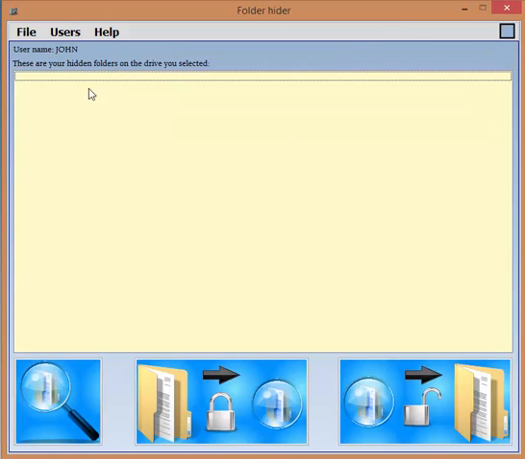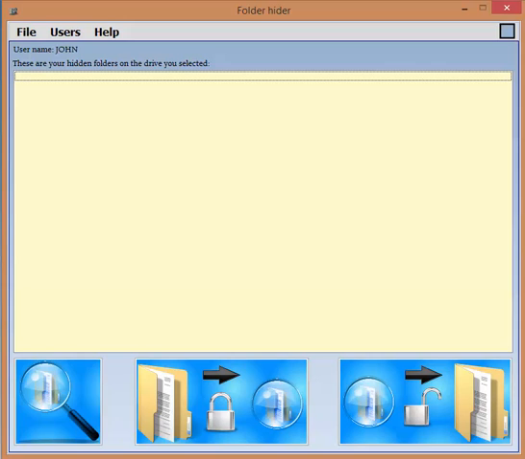If we now take a look at the list of my hidden folders, we can see that the list is empty. Where are the folders that we have just hidden? The program does not keep an internal list somewhere of which folders you have hidden and unhidden. As you can use drives across multiple computers, there is simply no way of presenting you with a list of